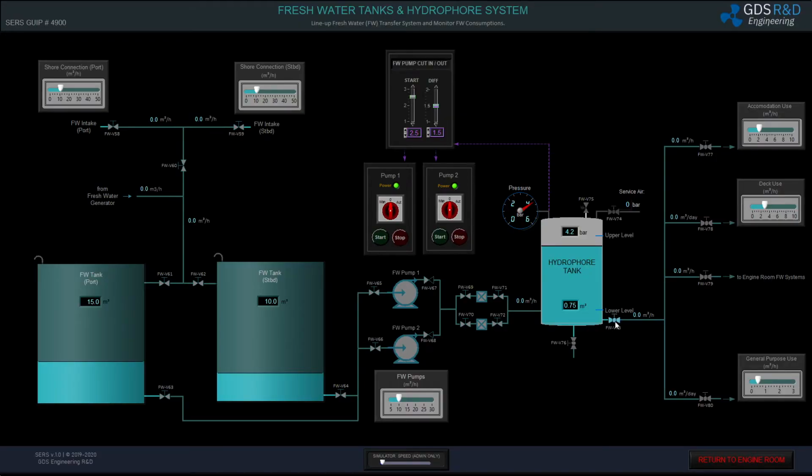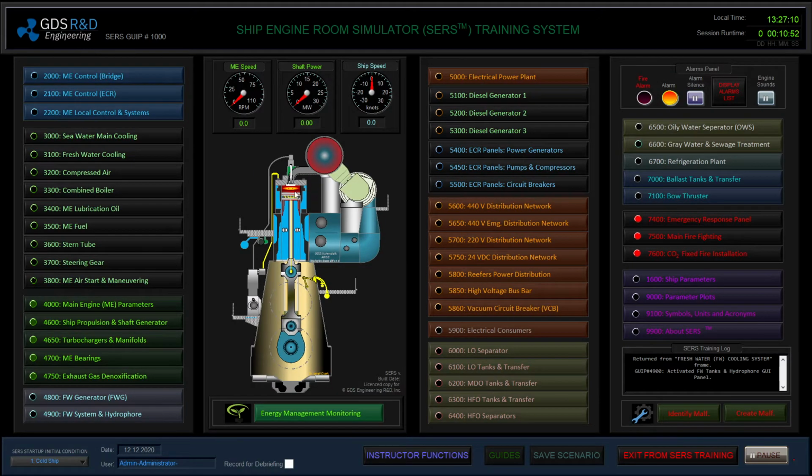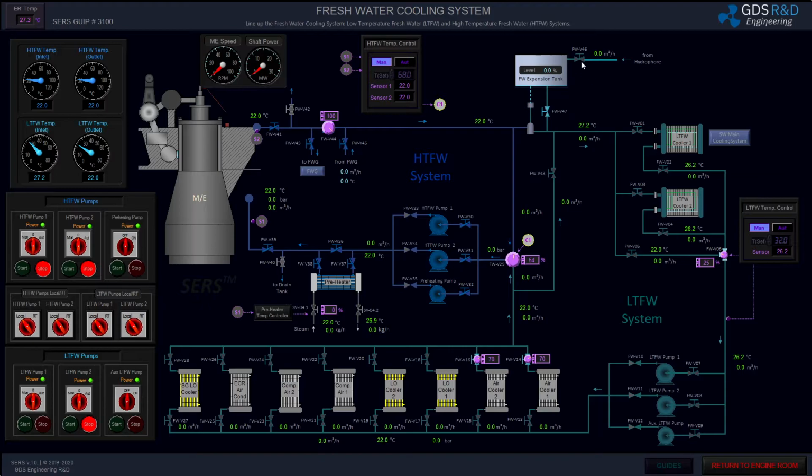I'm now opening the outlet valve of my hydrofor tank and supplying fresh water to engine room systems. As you can see, the level of the freshwater expansion tank is rising up and my pipes are filling with fresh water.